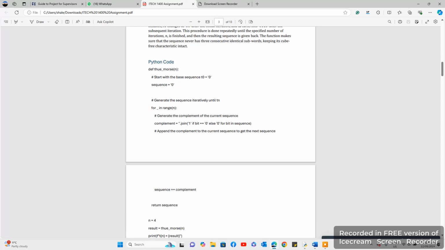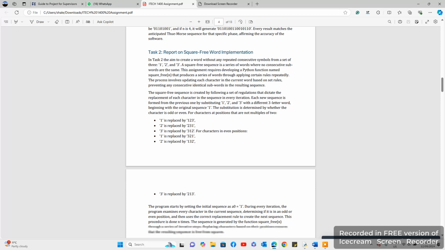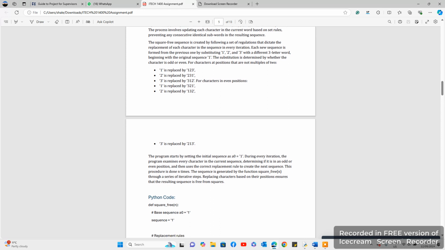After that, task 2 is about square free word implementation. In this code, the program starts with a0 equal to 1 and uses two dictionaries, odd replacements and even replacements, to store the transformation rules for characters in odd and even positions. The program loops through the characters of the current sequence, determines their position, and applies the appropriate replacement rule. So the new sequence is,